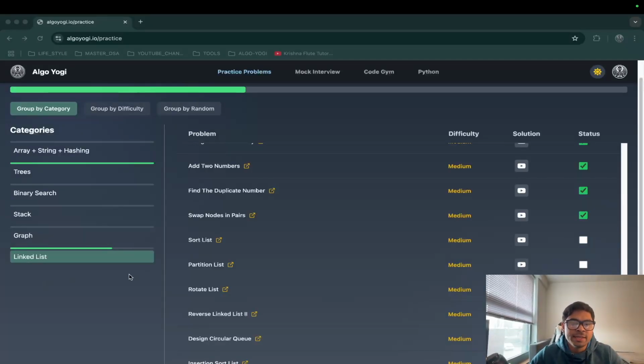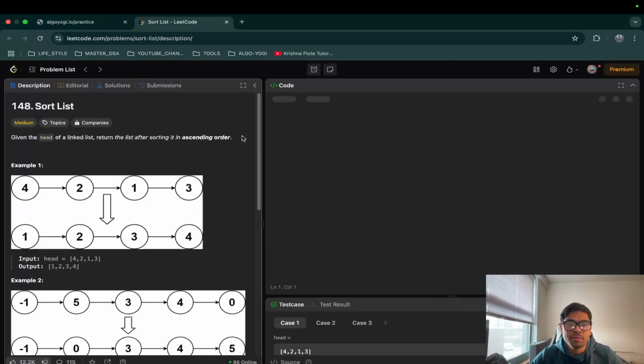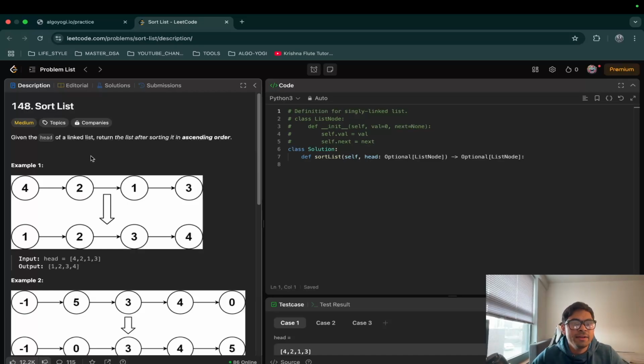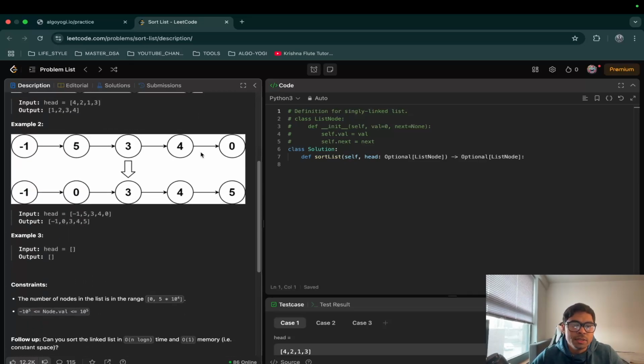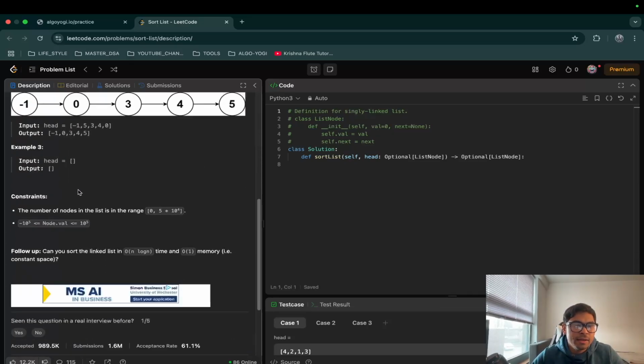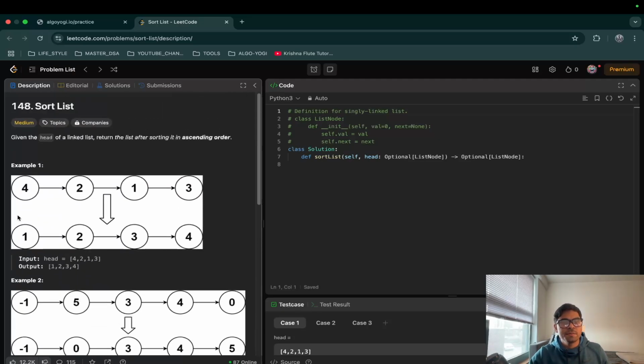We are doing the linked list series and our next problem is Sort List. All right, let's go to the problem on LeetCode. Given the head of a singly linked list, return the list after sorting it in ascending order. In the constraints, they have basically given us the nodes. Okay, so first things first, the brute force solution that you can come up with,